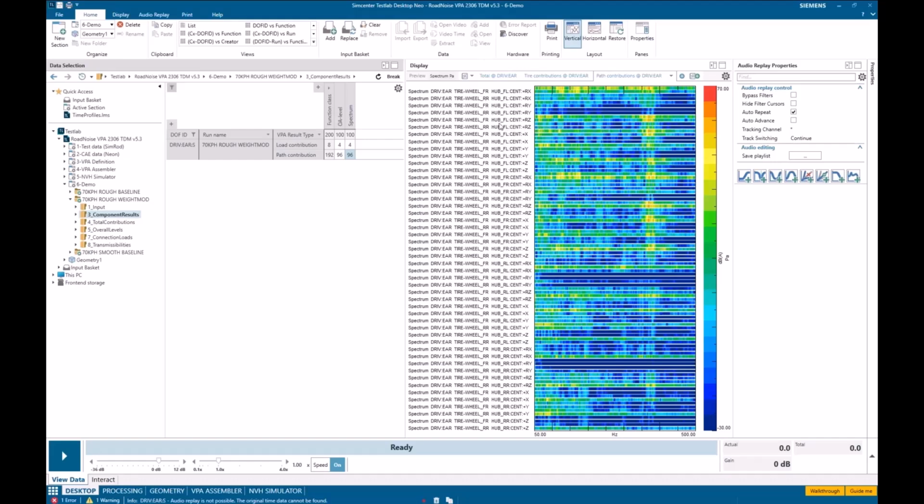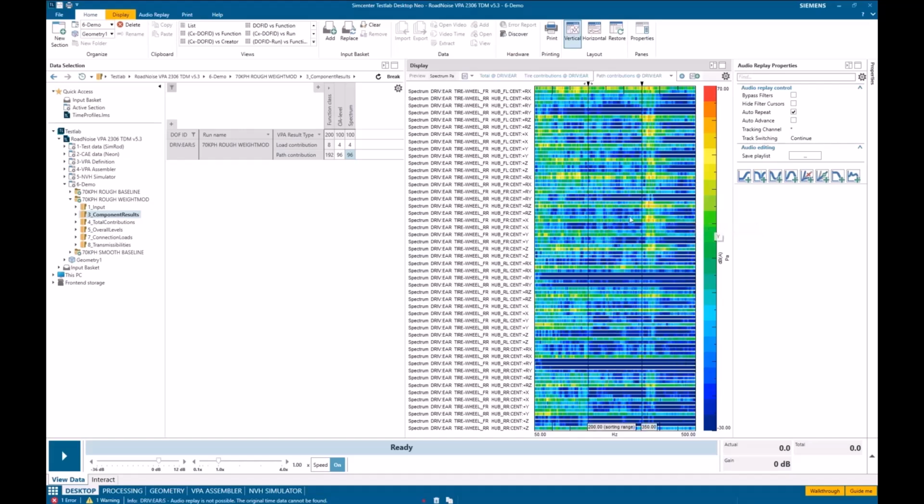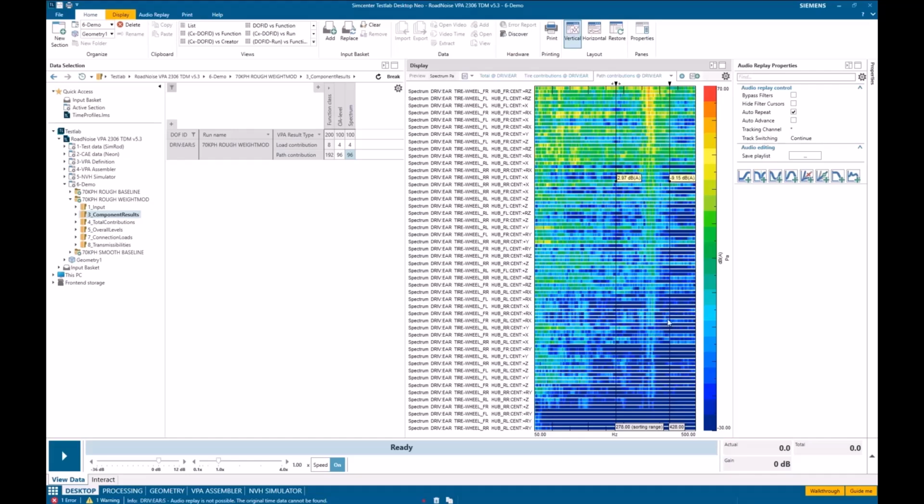These are all the possible directions and rotations from all of these different hub centers for our 4 tires. And let's start figuring out which directions of our front tires. So if I go double cursor here, add a sorting range. So now it will sort based on what's in these cursors here. And I right click over here and I change sorting to RMS. So now it'll look at the RMS between those cursors.